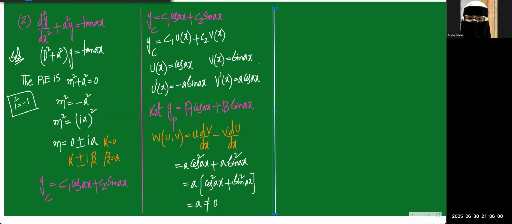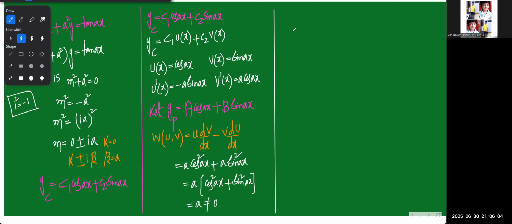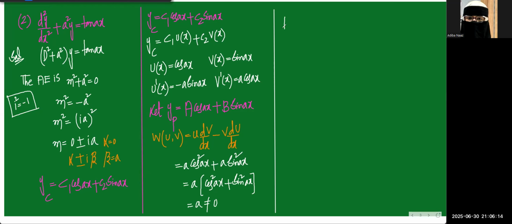So the Wronskian value we have done. Then the next step is what? This Wronskian value is W, the Wronskian value. Then we have to determine the value. Don't write with pink, it is not visible. Okay, we will write with white. Minus